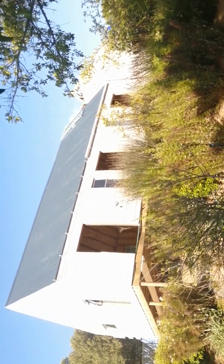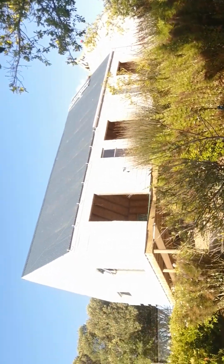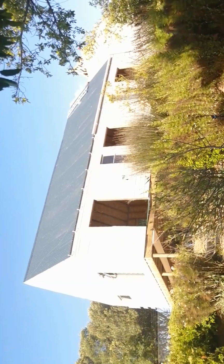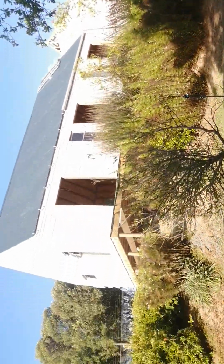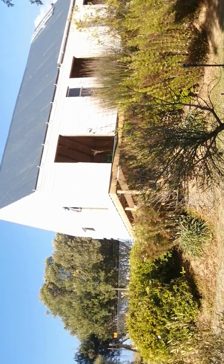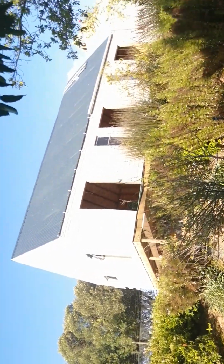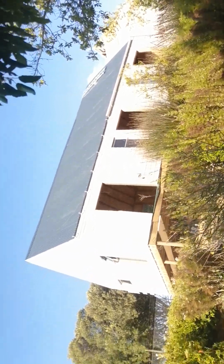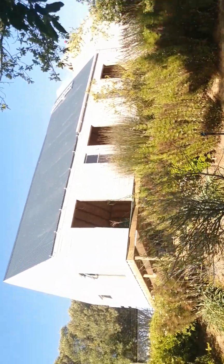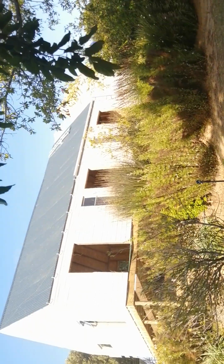So what will the difference be if we put the board underneath like that and we put it in between? What will the difference be? But that is what I've asked you. I don't see any difference. That is exactly what I'm saying. I don't think there will be a difference. There is no difference to me. If you can do a roof like that with a ceiling underneath, and the roof is a fixed roof, but the ceiling is here,